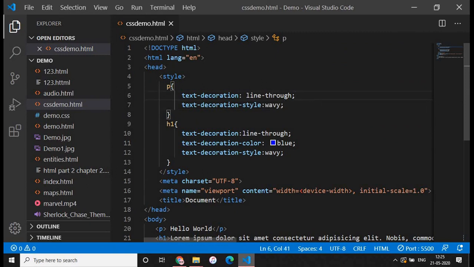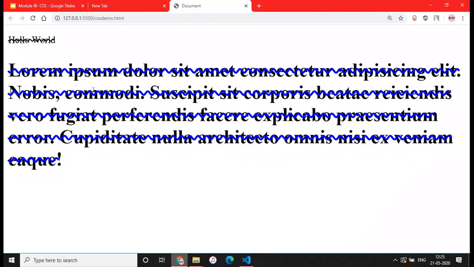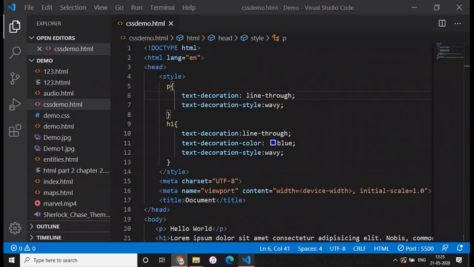Because we have now not added blue here, I'm going to add black only. If I go and check the output, you can see there's a wavy type of line available. Now what I'm going to put is